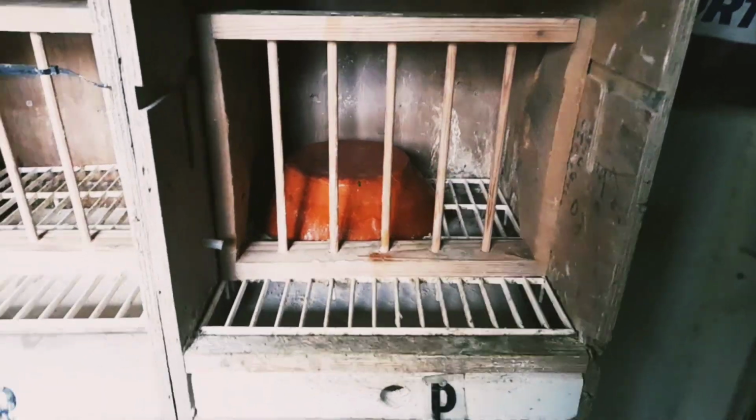I've also cleaned the nest bowls. As you can see, they're nice and clean and fresh. I'm just going to put the front back on now, so that it's just a perch and it's not getting any droppings at the back. There'll only be droppings at the front of the shelves now. Keep them nice clean and fresh, ready for eating. All the boxes fresh, loft whited, floor loft whited,